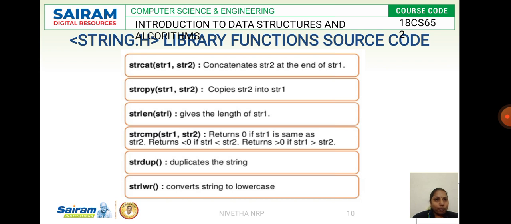Then you have strcmp, which is going to compare the first string with the second string, and if both strings are the same, it is going to return 0, or otherwise nonzero. In this explanation, 1 implies a true condition and 0 implies a false condition. When both strings are the same, it specifies true by returning 1, and if you have different strings, it returns 0 specifying false.